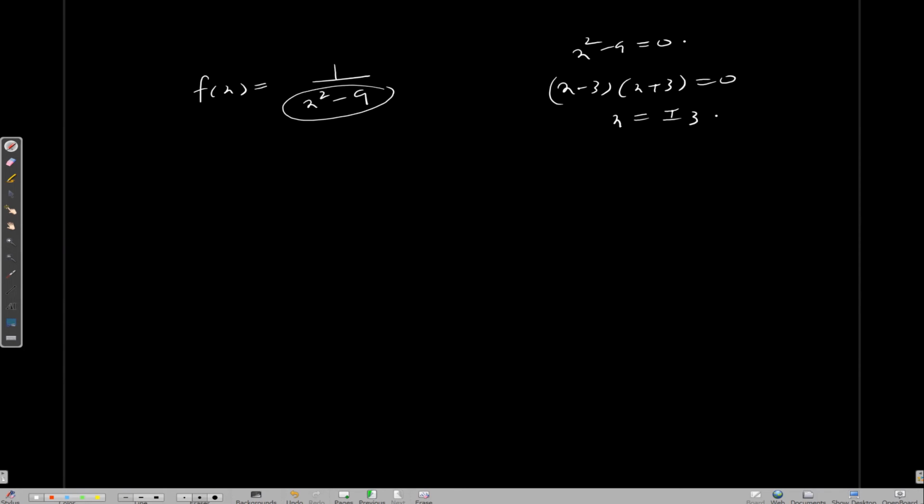And then you have to omit those values. So minus 3 somewhere here, plus 3 somewhere here. So this region and this region. So the domain of f is going to be negative infinity to negative 3, union negative 3 to 3, union